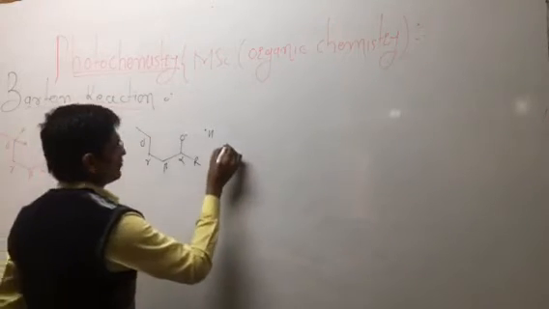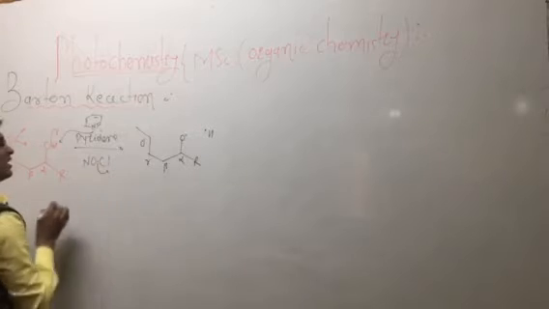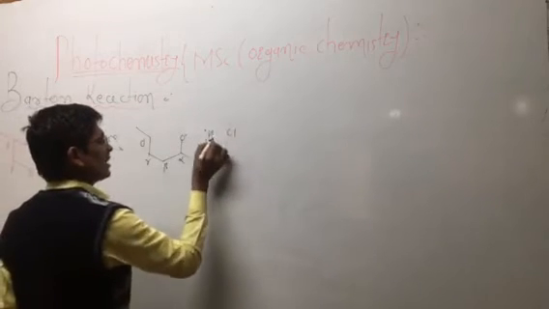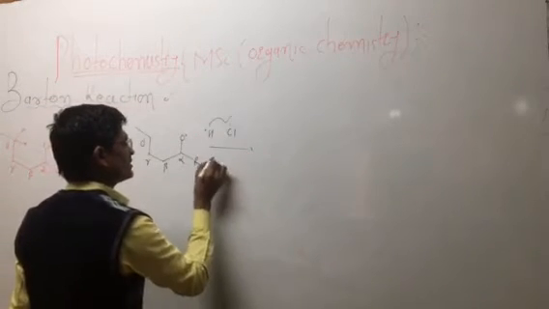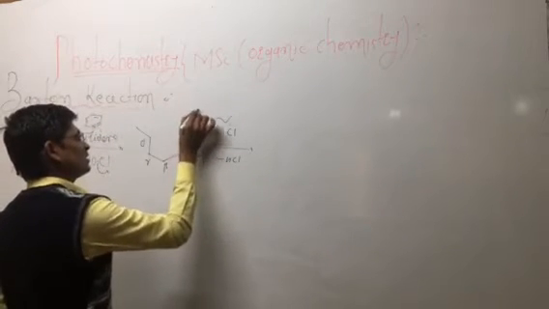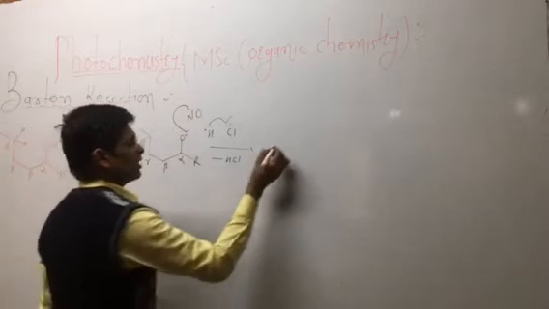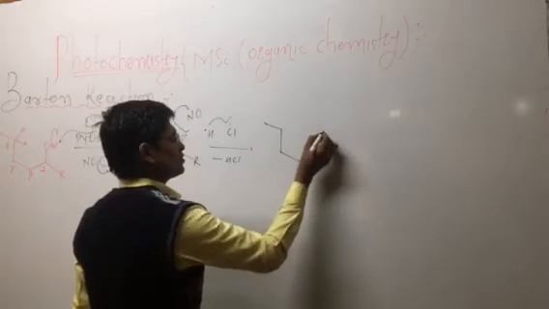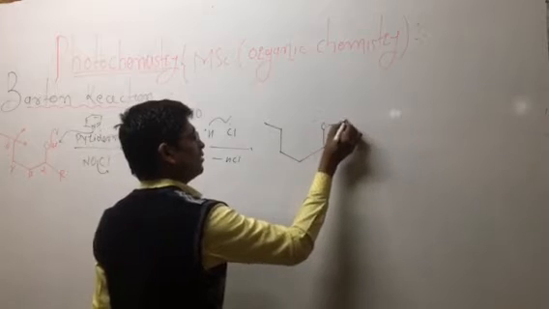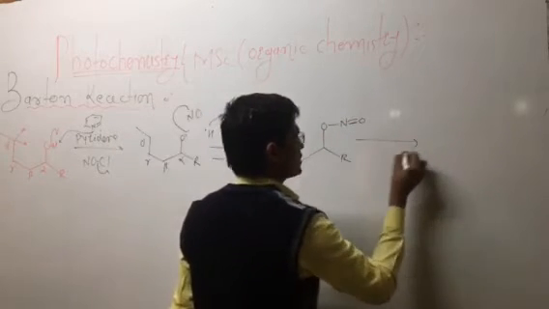In the next step, this H radical reacts with the Cl radical, with loss of HCl, hydrogen chloride. We have the NO radical, the nitrosyl radical, which combines with the oxygen atom. Then there is formation of O-N double bond O, with the alkyl group. Further reaction takes place.